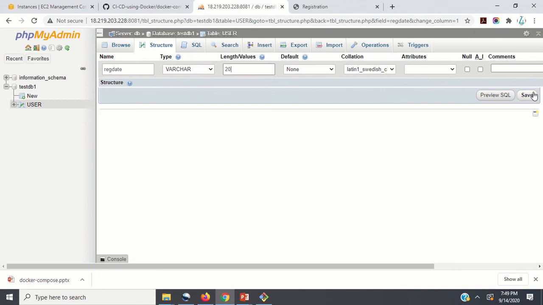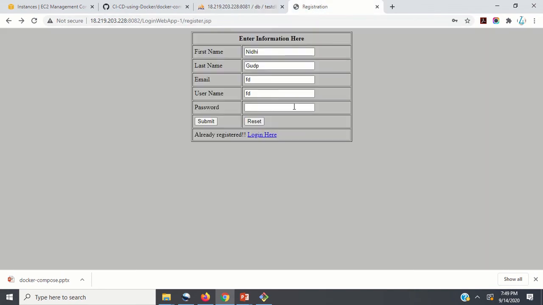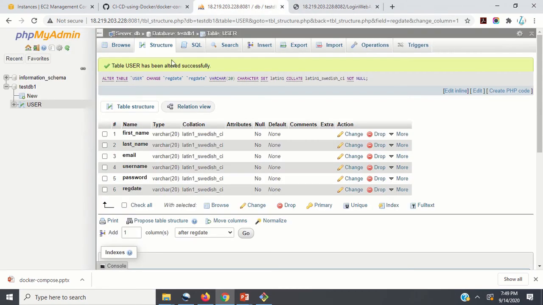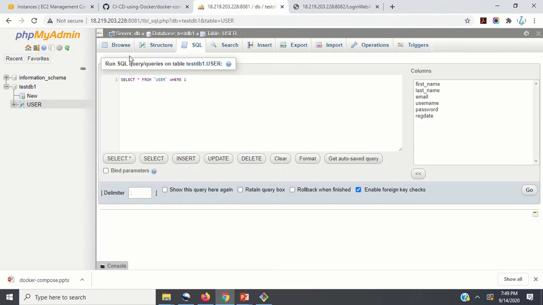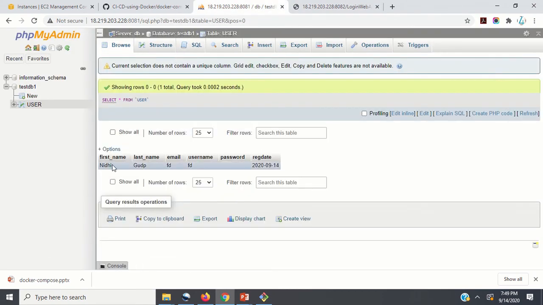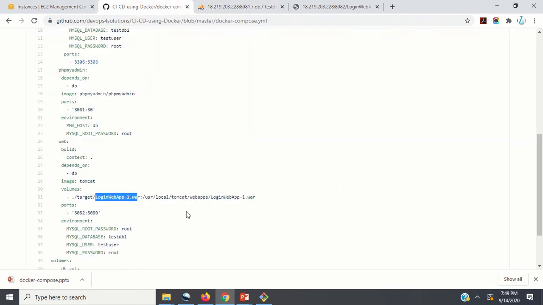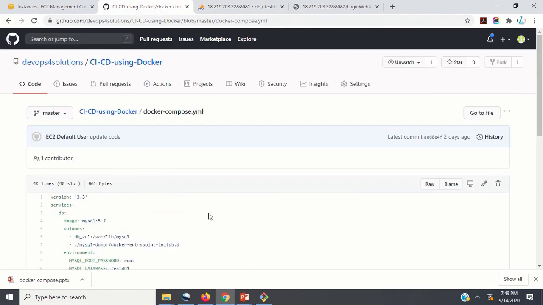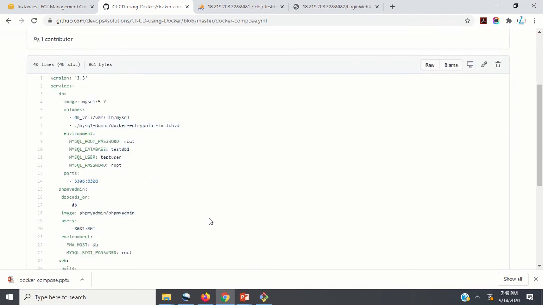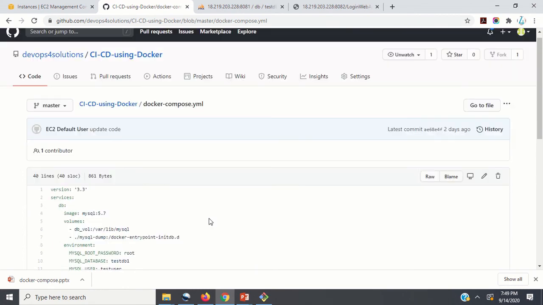Let me just do this. Okay. Now you can see that it is able to make a connection, and I can show you the data also. So let me just do it here. So you see here that it is able to make a database connection. So this is how basically your application is running using Docker Compose. It just has one file and everything is good to go. You can give this file to your developers and they can just run it.